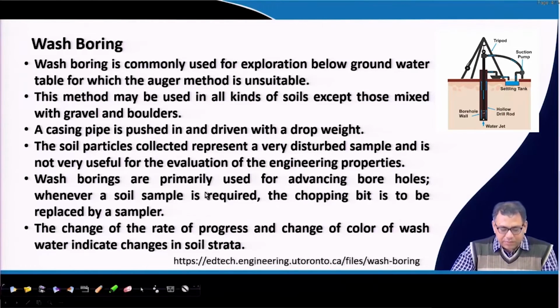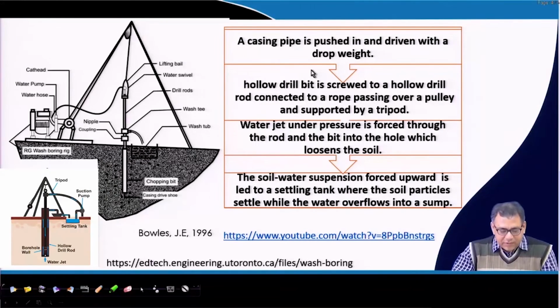The wash boring is primarily used for advancing the boreholes. But whenever a sample is required, this chopping bit is replaced and then a sampler is attached in place of the chopping bit. The change in the rate of progress and the change in color of the wash water indicate the changes in soil strata. Now I will discuss again the steps by which we can perform this